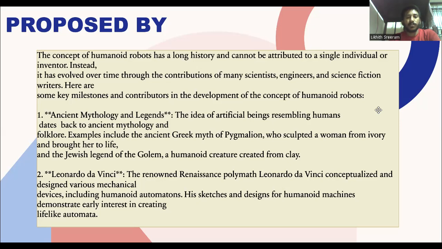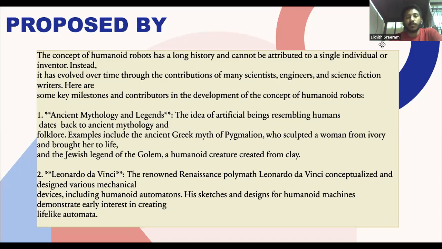Here are some key milestones and contributors in the development of the concept of humanoid robots. Ancient mythology and legends. The idea of artificial beings resembling humans dates back to ancient mythology and folklore. Examples include the ancient Greek myth of Pygmalion, who sculpted a woman from ivory and brought her to life, and the Jewish legend of the golem, a humanoid creature created from clay. It is actually a fiction. We previously discussed it. The contributions of science fiction writers also include